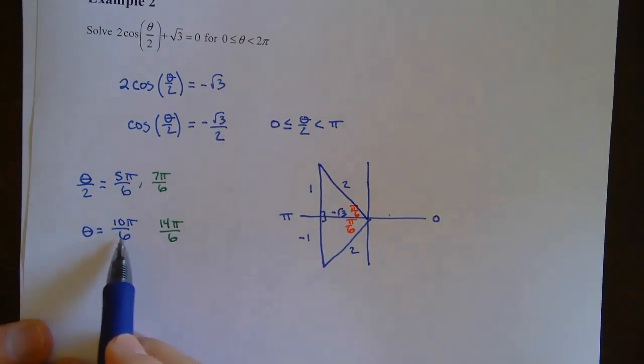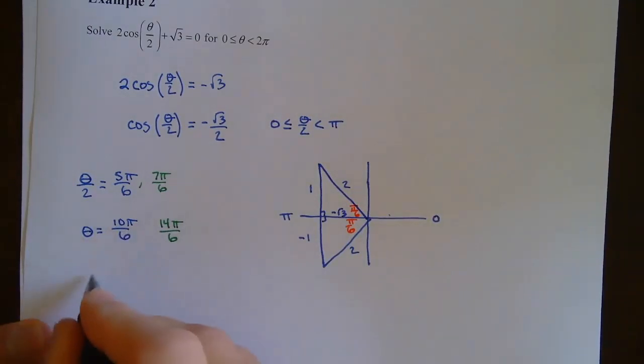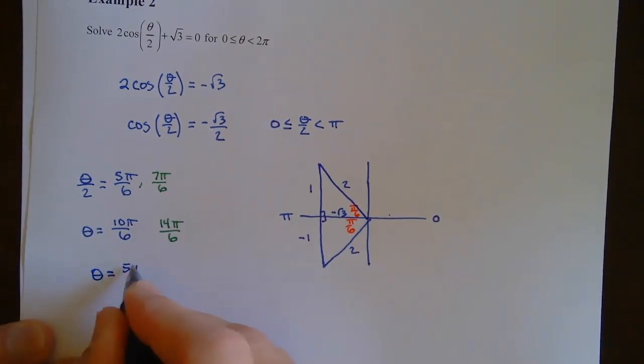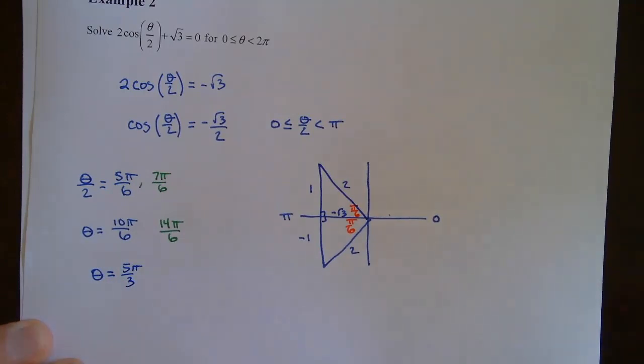So what is 10 pi over 6? Because they're both even, this would be 5 pi over 3. So theta would equal 5 pi over 3. Okay, so what would this one be? If we reduce this one, this would be 7 pi over 3,